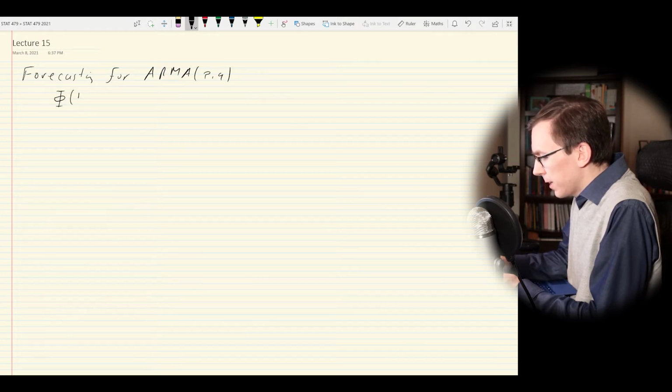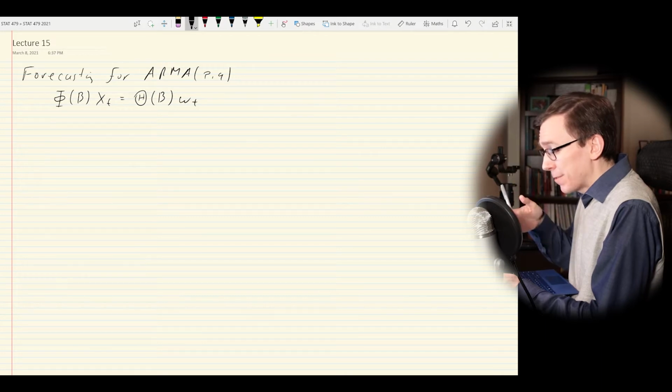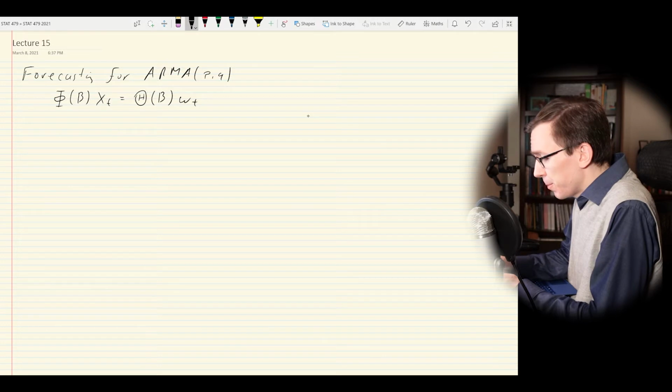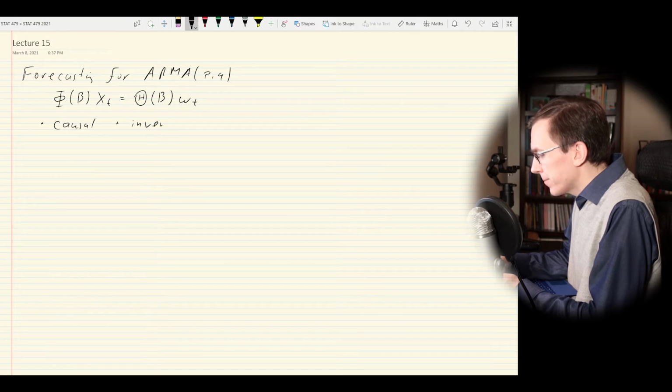It is going to look like capital Phi(B) x_t equals capital Theta(B) w_t. So we have our autoregressive piece, we have our moving average piece, and we're going to assume, of course, that this is causal and invertible,